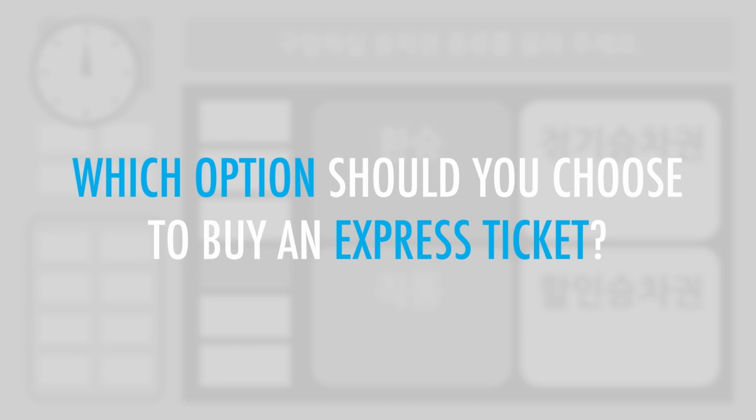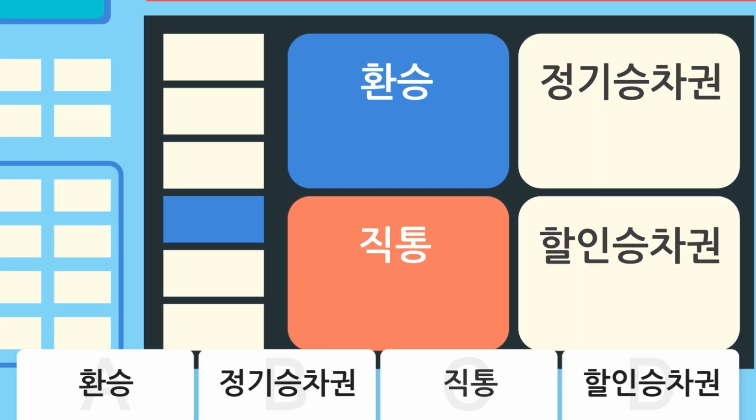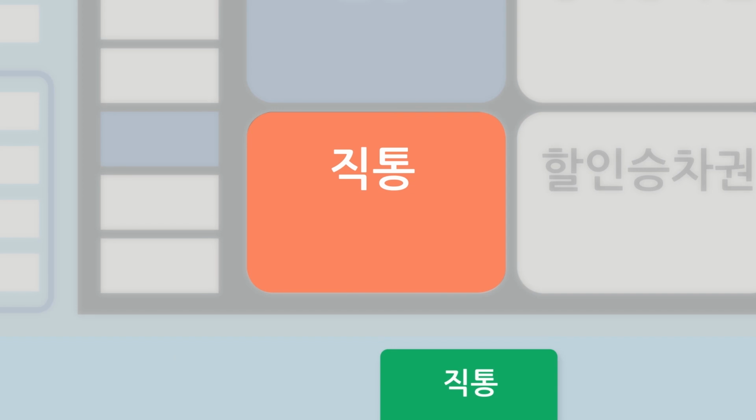Which option should you choose to buy an express ticket? The option on the bottom left is for an express ticket. 직통,